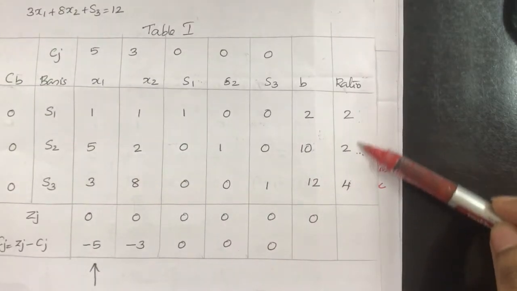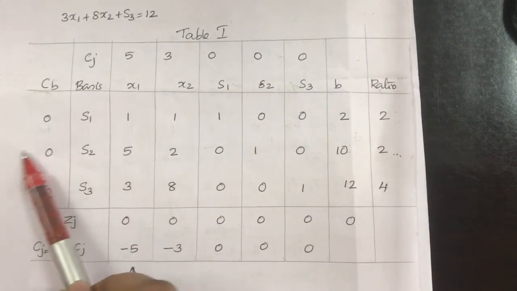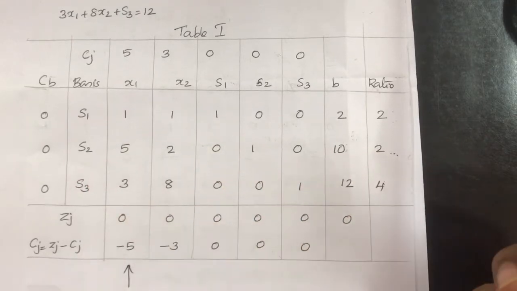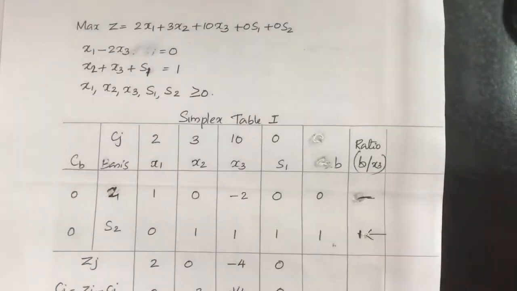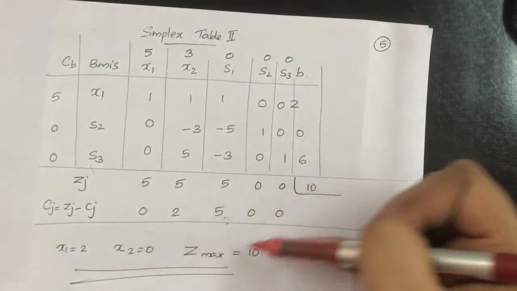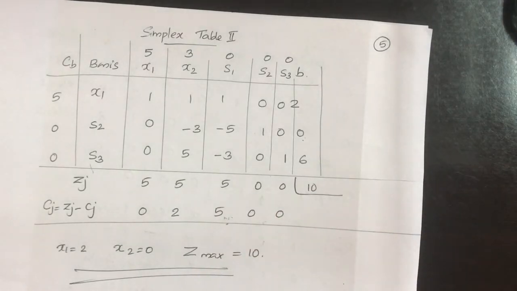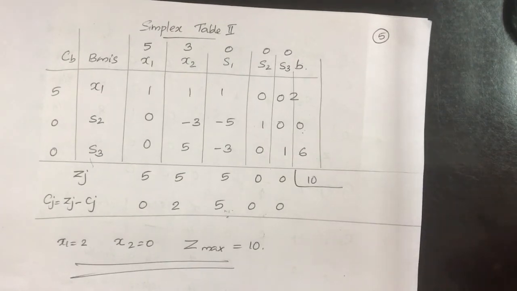It's a question. There is a tie in the outgoing vector. When we are resolving it, actually S2 needs to be the outgoing vector. So, if you do not properly choose the outgoing vector, degeneracy may occur in the subsequent stages. If we correctly choose the outgoing vector, we can get the final answer. If you do not properly choose the outgoing vector, there will be degeneracy in the subsequent stages.